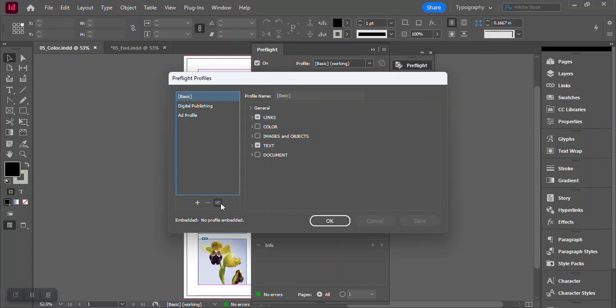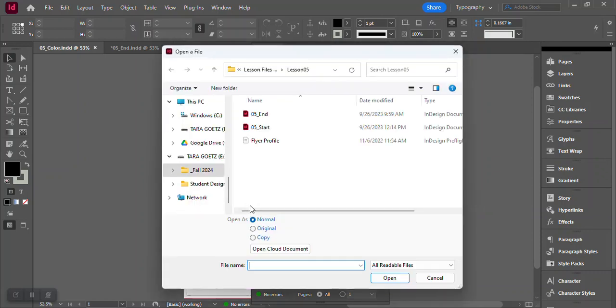It's a button all its own. I'm going to click that, and then that little pop out box is going to say Load Profile. I'm going to click that button, and inside our lesson folder,